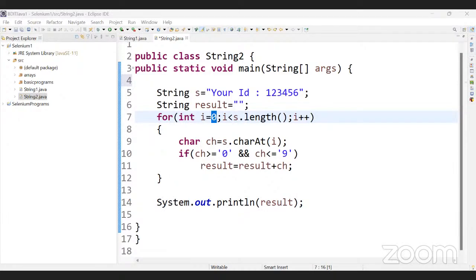Equals 0. If ch greater than 0 and ch less than or equal to